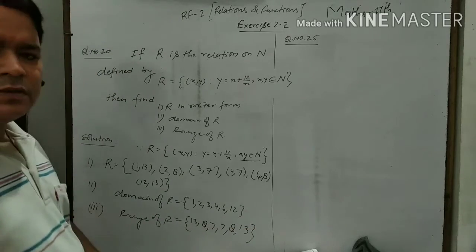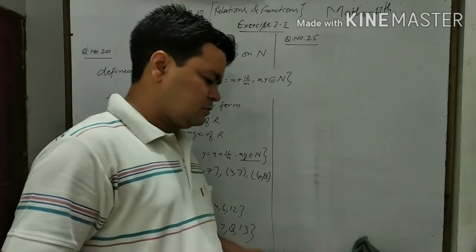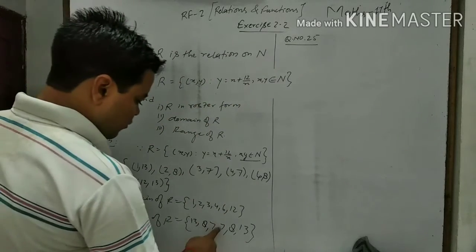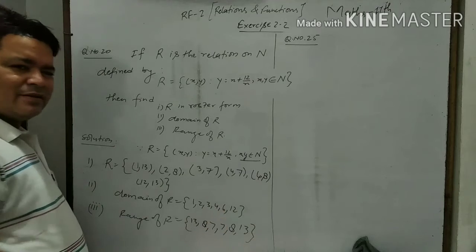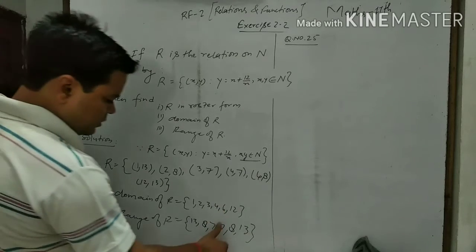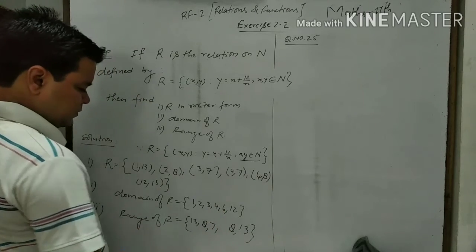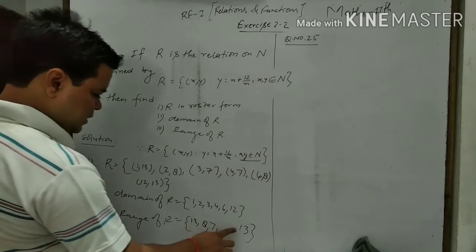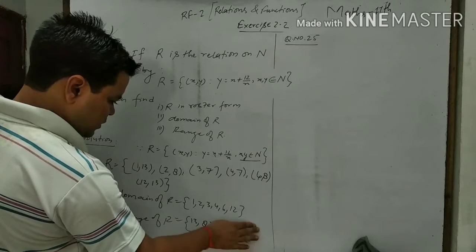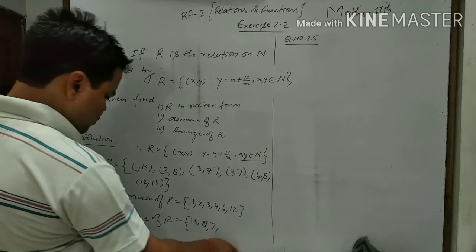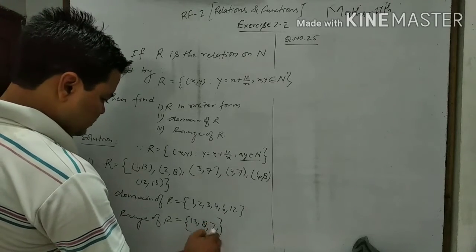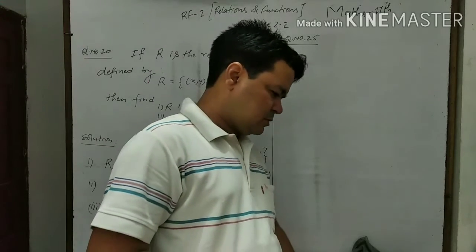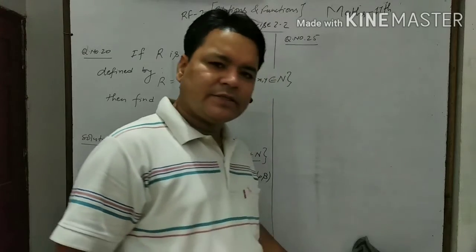If you write this way, it is also correct. But we know that one number cannot be repeated. We just erase it. Here 8, erase this. 13, no need to write. Therefore, in the domain, codomain, and range, what is the value? Only 13, 8, 7.